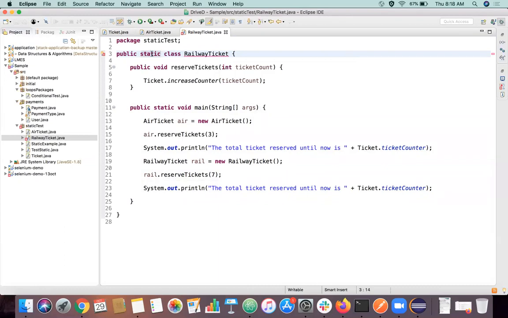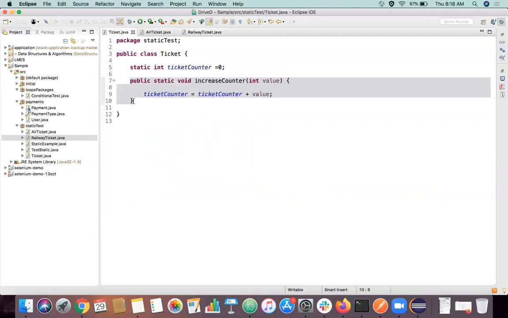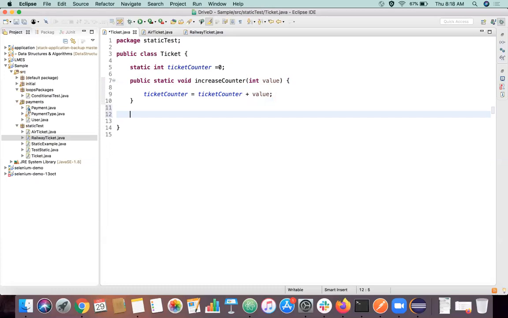So there's one way to do this. Actually, you can go and create something like this, right? A class within a class. Actually, let's say I have a ticket class here. I'm creating one more class called inner ticket, something like this.